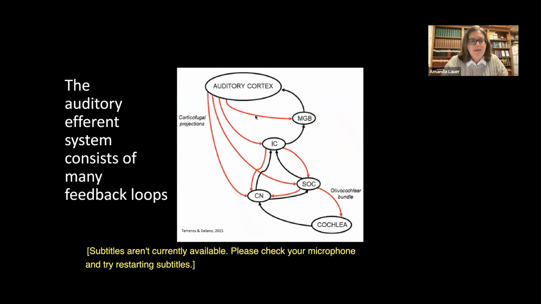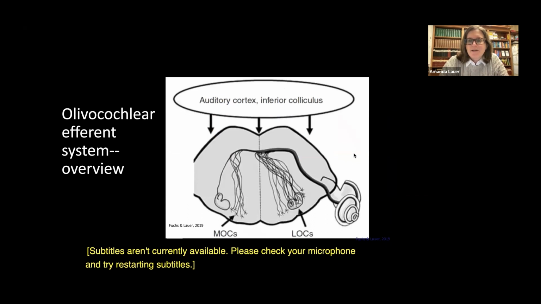And the auditory efferent system actually is fairly sophisticated in that it consists of a whole bunch of different loops among different levels of the auditory system, top-down loops. And what I'm primarily interested in my lab is this loop between the brainstem, the superior olivary complex, cochlear nucleus, and the cochlea. So this is a very simplified version. And basically, I've just ignored all of the auditory cortex and inferior colliculus higher order input to the system at this point in time, just because it's so very poorly understood. We're going to focus here on the brainstem to the ear circuits.